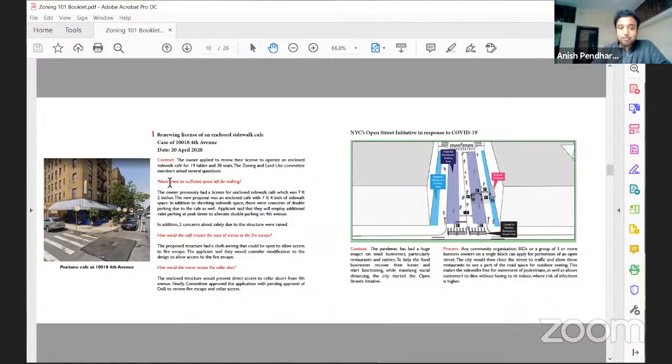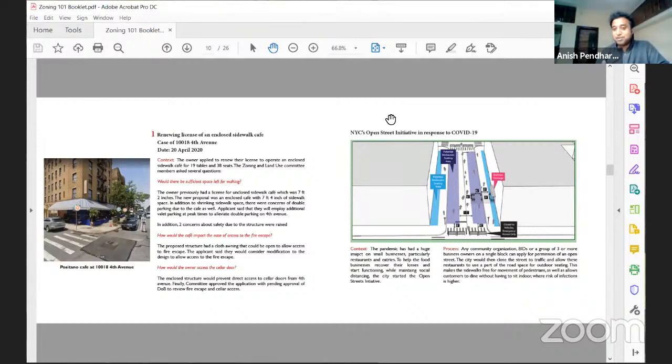For example, would there be sufficient space left for walking after the owner starts a cafe? How would the cafe impact the ease of access to the fire escape? How would the owner access the cellar door? So things like this. And then a brief page about NYC's Open Street Initiative, because it was contextual